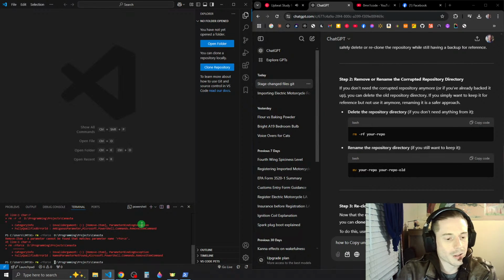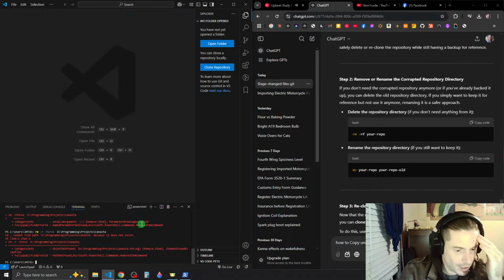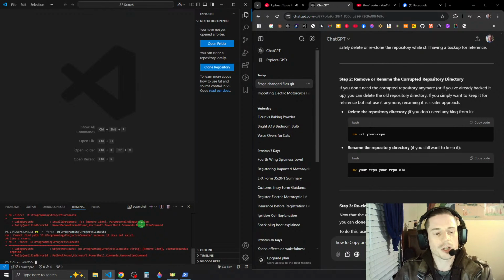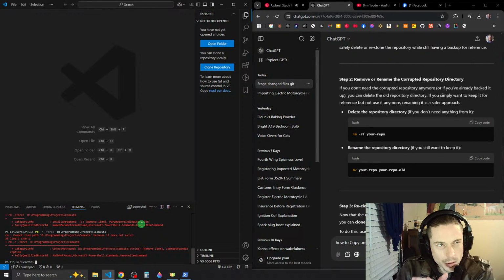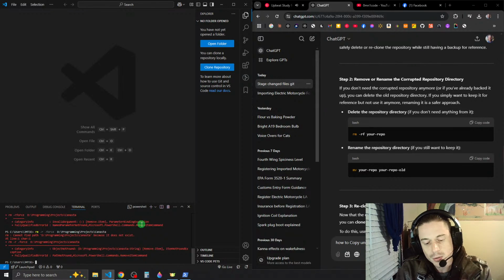Okay, so apparently you can't do it like that. Cannot find. Oh, because we renamed it. Silly goose. So we don't have to remove it. But don't we have to remove the git repository? So we're gonna keep the git repository at the same namespace, and we're gonna clone the cloud version into the local.